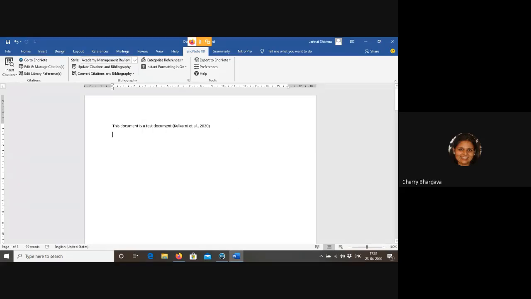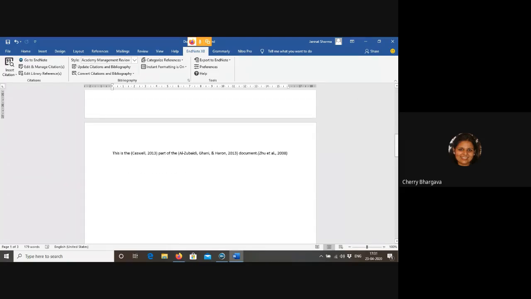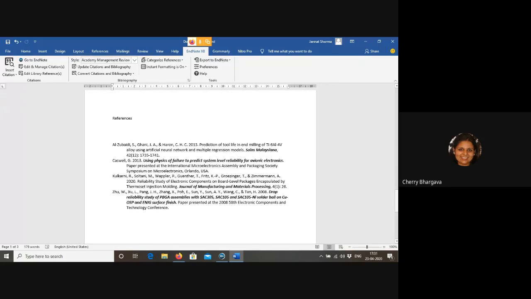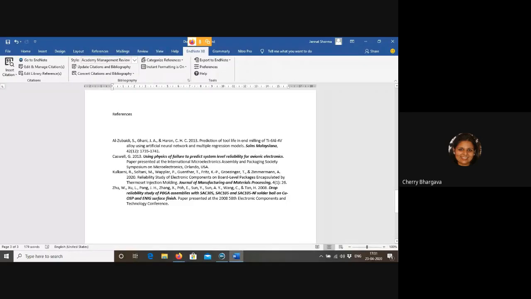Now look at that, they simply use the author name and year. Academy of Management Review is the journal name. So accordingly all the references are going to be converted and sorted. Now look at that, title. This is the book one. In case of a book, the title is going to be bold. In case of a journal, the journal name is going to be bold. You can simply observe the changes.